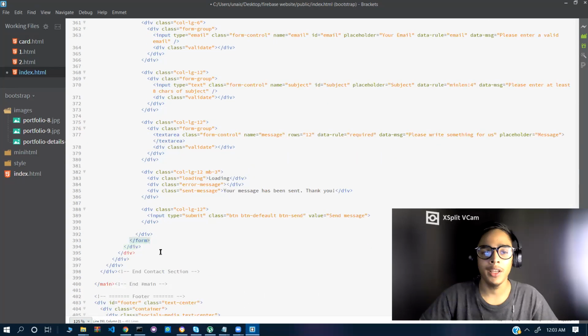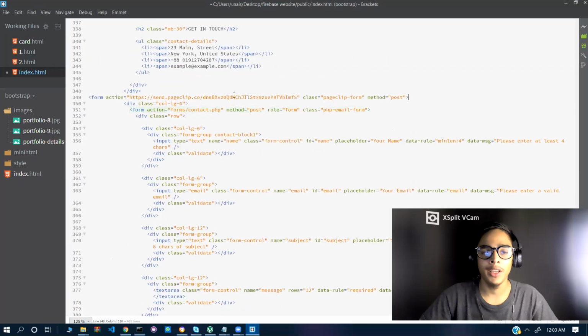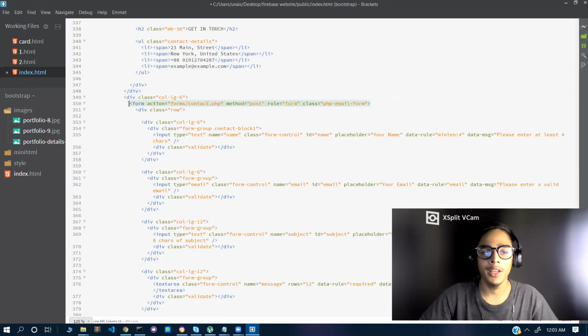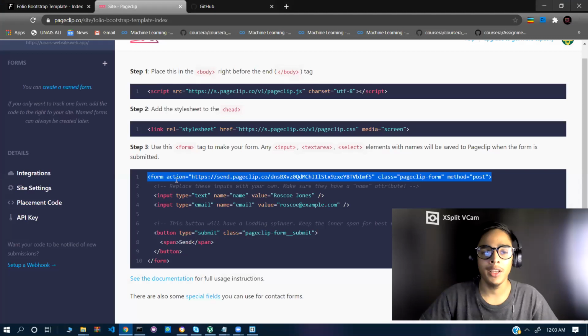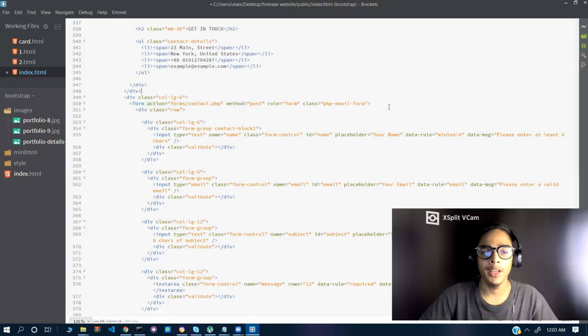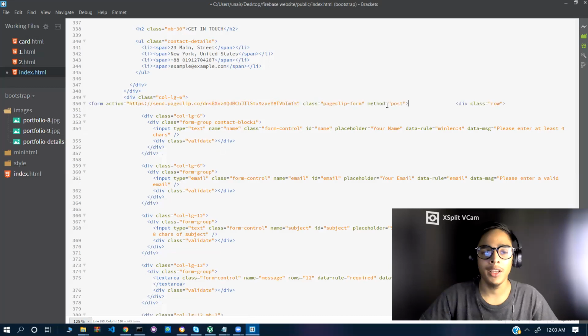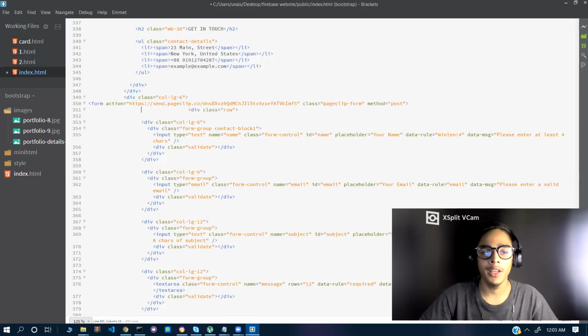Oh, sorry, I have made a mistake because the form is already here. You can see that there is already a form in our index.html. So just replace it with this one which we have copied. Just copy it and replace the previous thing, this one. 1 second. Let's cut it and paste the new one and press enter. Formatting is out, so let's use Prettier.